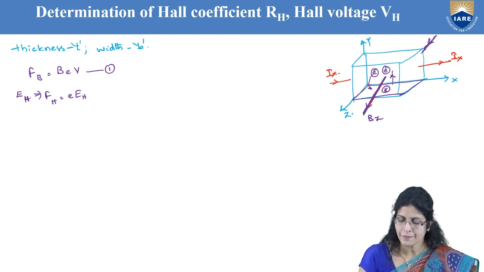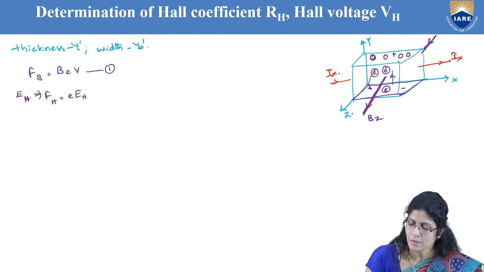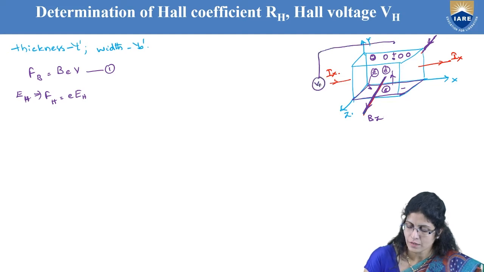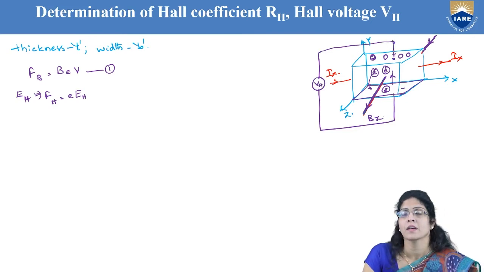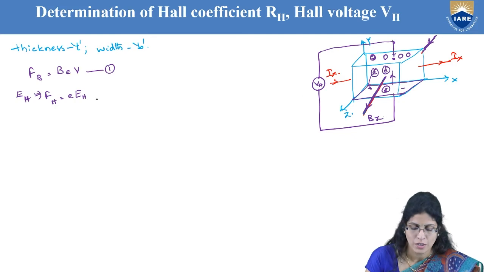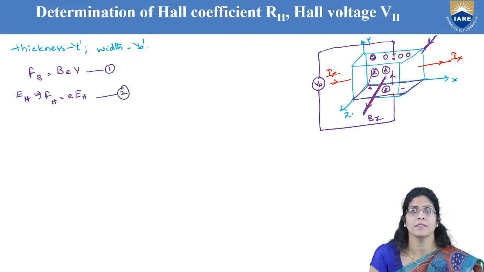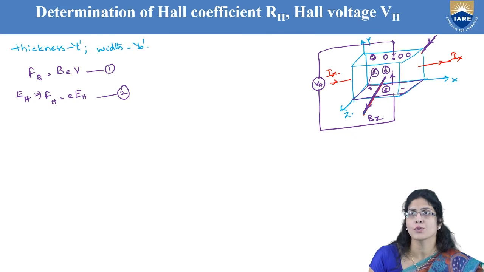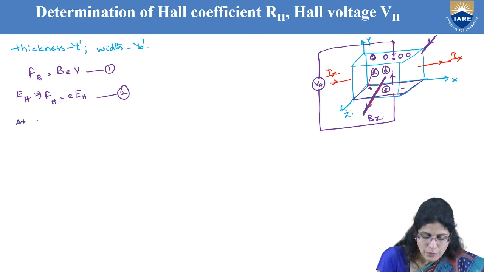So the negative charge will accumulate on one face and the holes, the positive charge, on the upward face. Now there is a negative charge here and a positive charge here. Once you connect a voltmeter, it will read a potential difference, and because of this potential difference it will read a voltage. So you have two forces here: one due to the magnetic field, and another due to the accumulated charge and the electric field created by it. These two, at equilibrium,